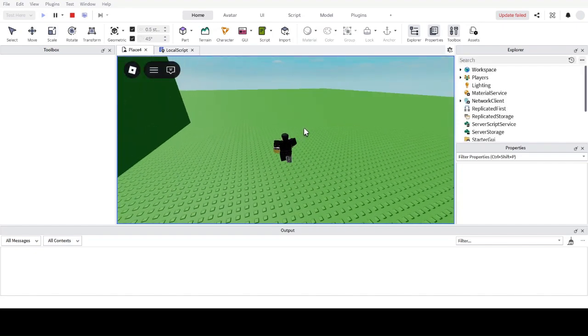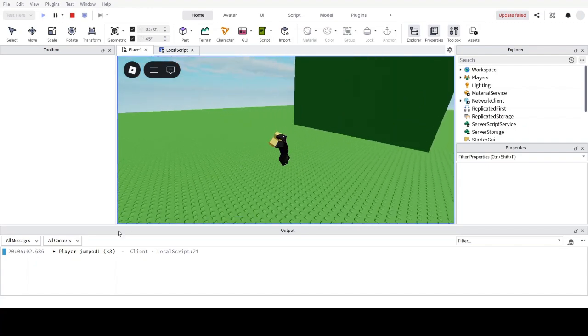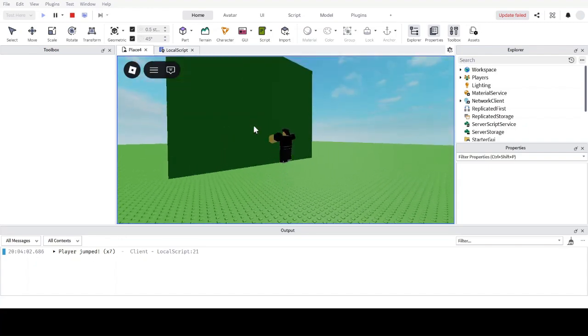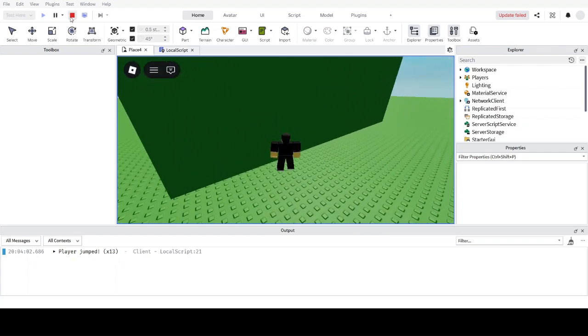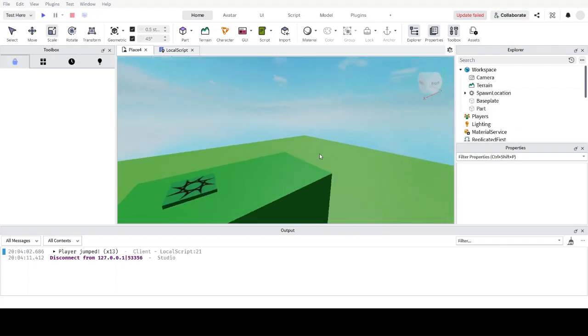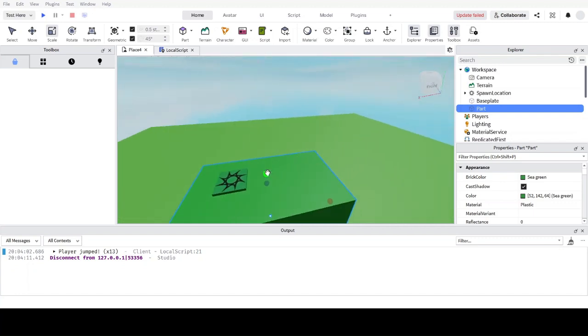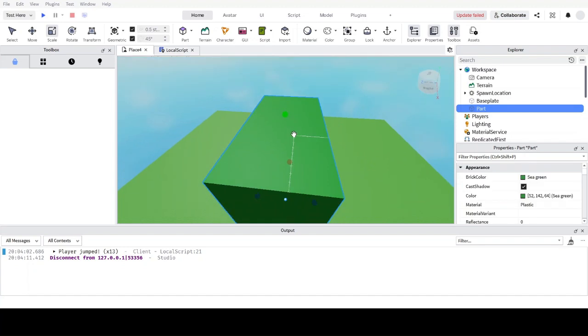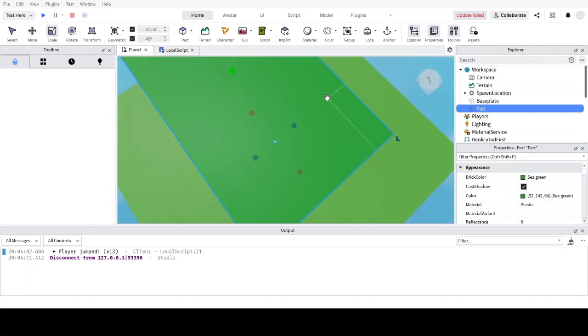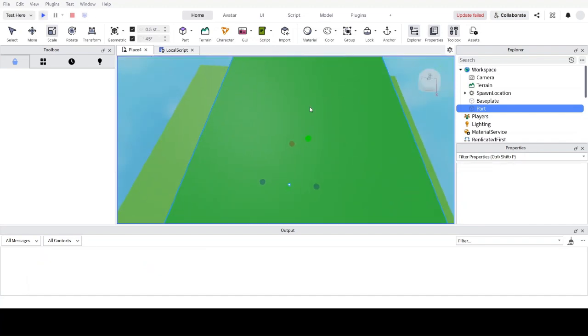And as you can see now, if I hit jump, you can see that this is also being printed. And now if I click stop, and spawn above this part, let me just resize it to a much higher part. And now if I hit play on this part,